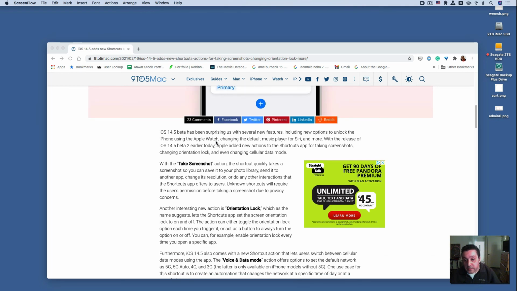And then I guess you will have an action to change voice and data mode to Wi-Fi only. I think I have a running shortcut that automatically changes